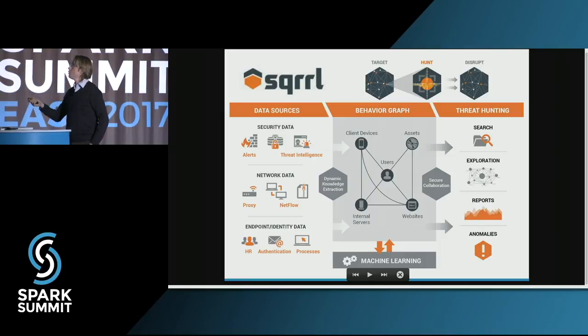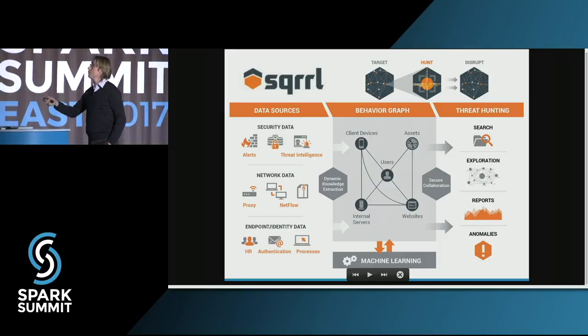So the main platform consists of a distributed database, which is columnar and supplemented with various convenience APIs, query languages, etc. The platform allows cybersecurity analysts to ingest various sets of data: logs, net flow, proxy, anything you can think of, the endpoint logs that can tell you which processes are running on which computers, etc. All of this data is being ingested, and